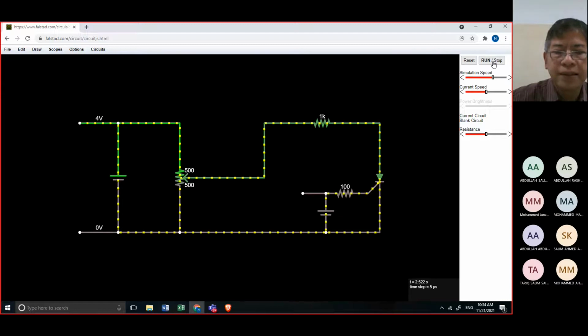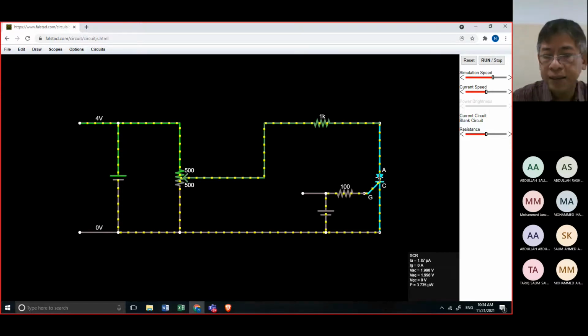Then run. So what is the answer? So project to SCR, and then what is your IA? Your IA is 1.87 microampere. It is in microampere, and then 1.99 is your VAC.